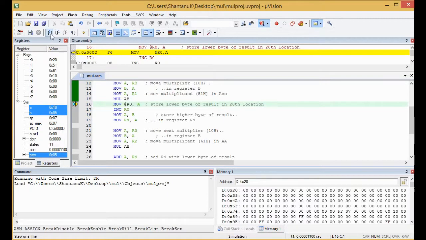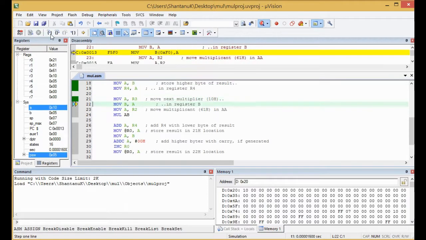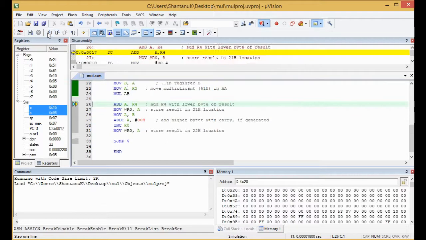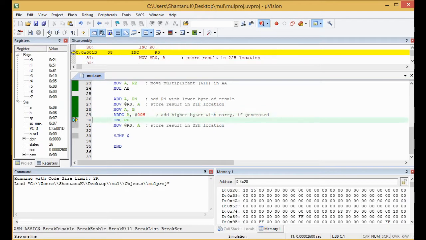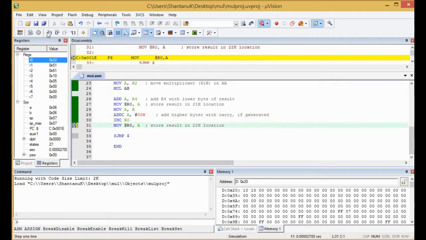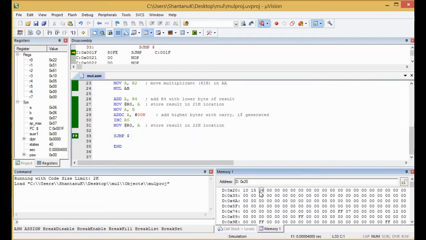After this, as you keep on clicking, the next instruction will get executed. All of you know that at the end the content of 20, 21, 22, as you can see at this place, are getting modified. So the next content will become 15 and the content of 22H will become 6. So in this way the program ends over here. You can see the content of 20 is 10, the content of 21 is 15 and the content of 22 is 6. So this is the answer.